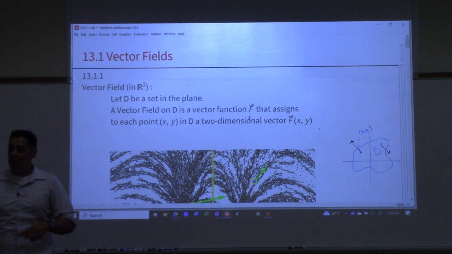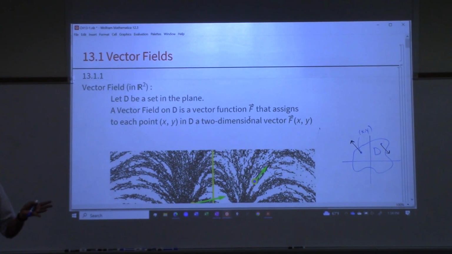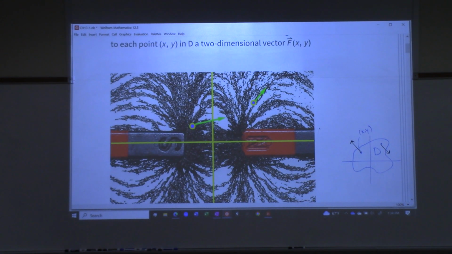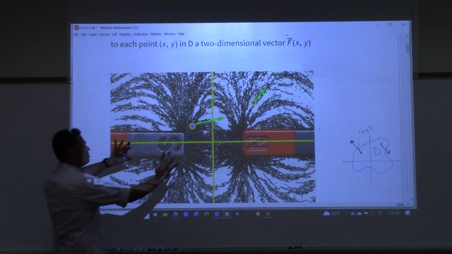So it's impossible to look at all the vectors, or else it would just flood the entire space. You'd just have arrows pointing everywhere. So we like to look at just some of them. A good example of a vector field is something like a magnetic field. If you look at this more like a two-dimensional vector field,